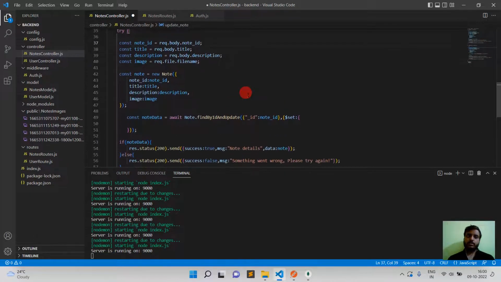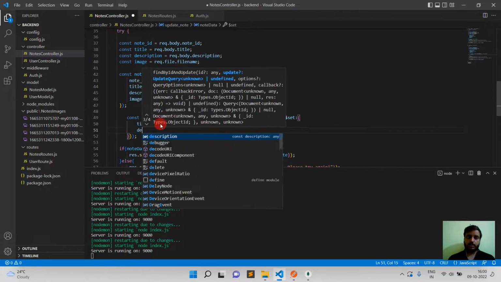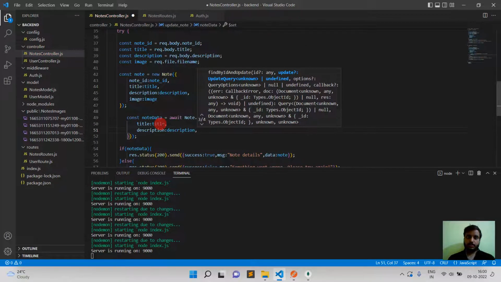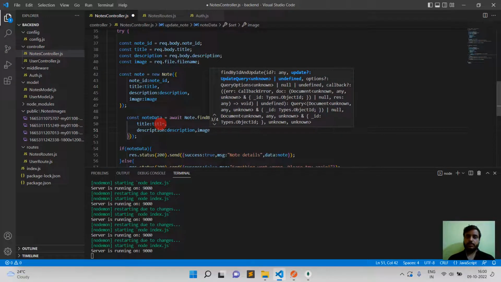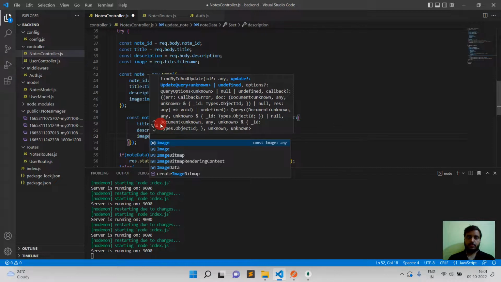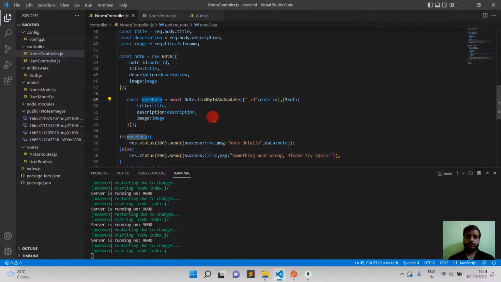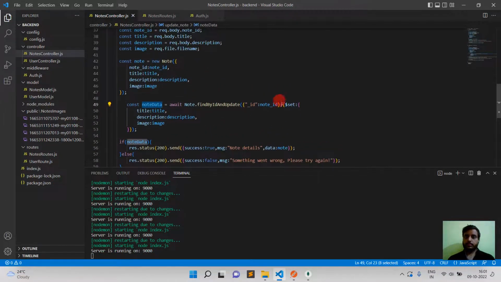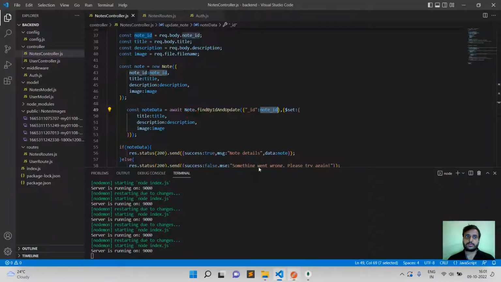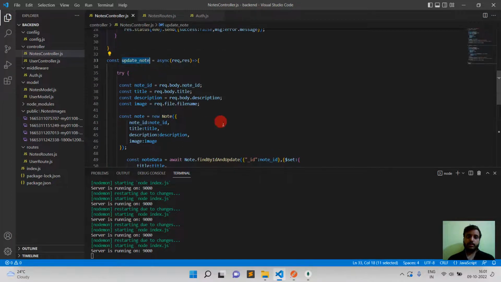Okay, so here title will be title, description will be description, and image will be image. With the help of node id we will update all these, and now I'm going to copy this method here